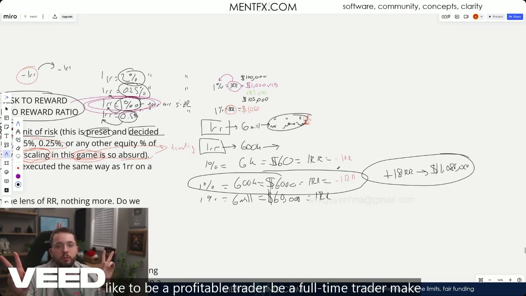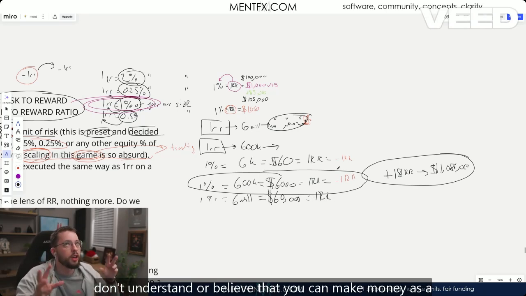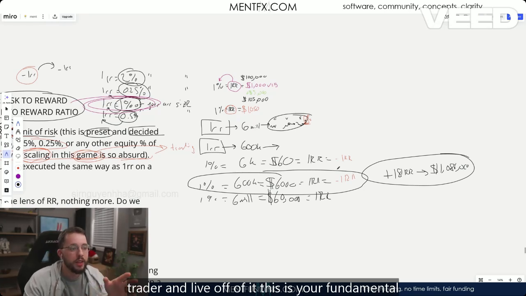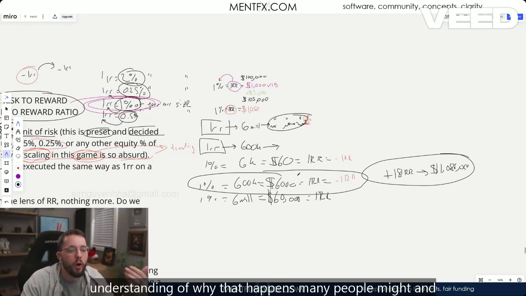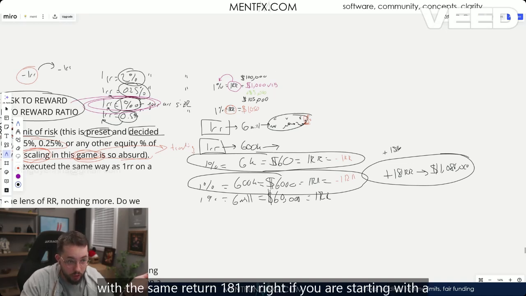So what I want to make really clear right now with just this number is to show you what it looks like to be a profitable trader, a full-time trader, to make money trading. There's a lot of people that still don't understand or believe that you can make money as a trader and live off of it. This is your fundamental understanding of why that happens. Many people might, and actually do, start with very small accounts. And as a result, with the same return, 181 RR,